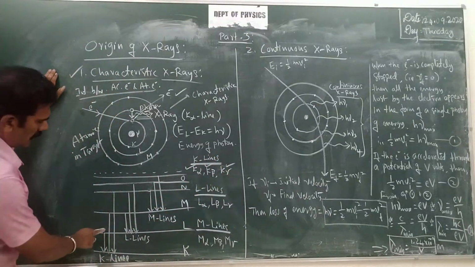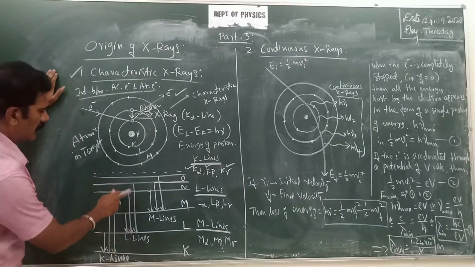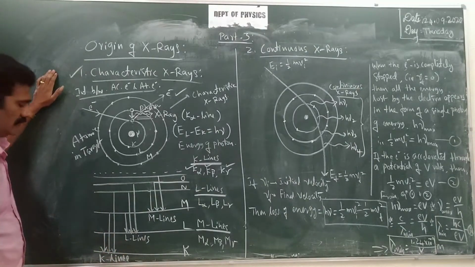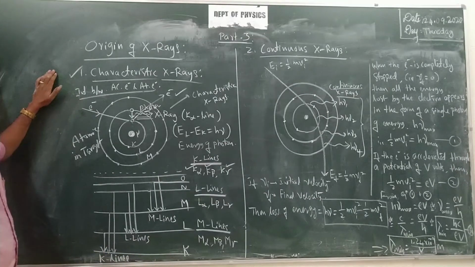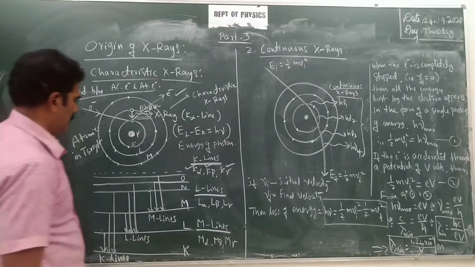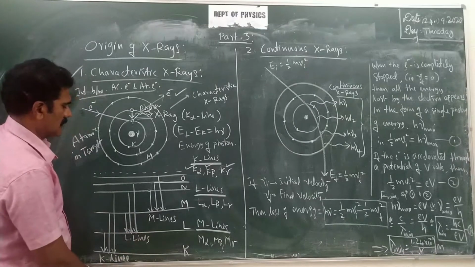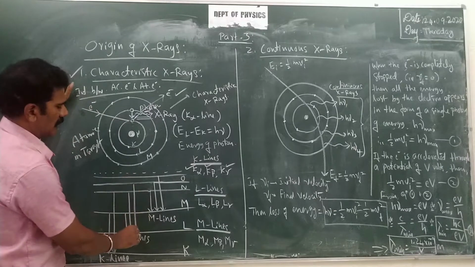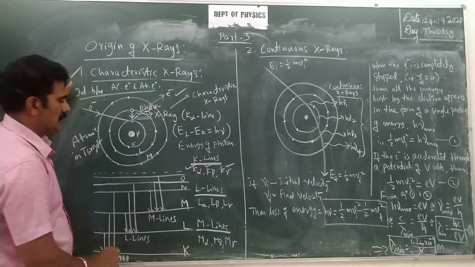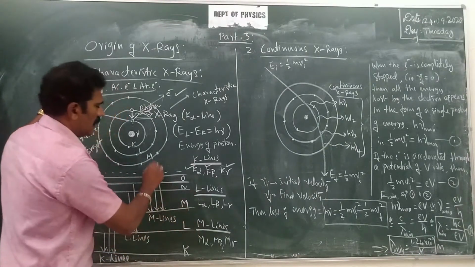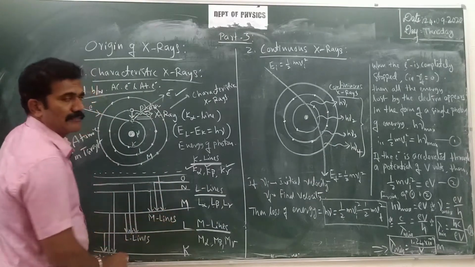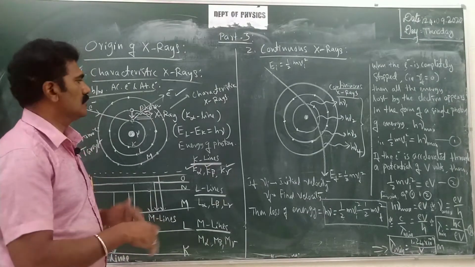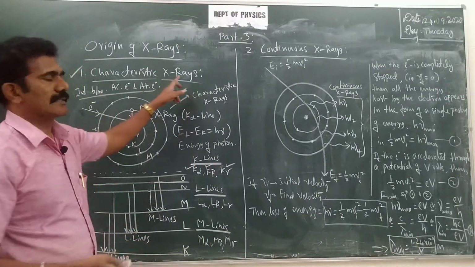So depending upon L to K, M to K, or N to K, we have three possible lines. They are called K series lines, or K lines simply. Similarly for the L series, L lines: you have L alpha, L beta, L gamma, depending upon three possible transitions up to the L shell only. Similarly, if the transition is up to the M shell from any of the higher shells, they are called M lines. So these are the spectral lines obtained, giving the X-rays called characteristic X-rays.